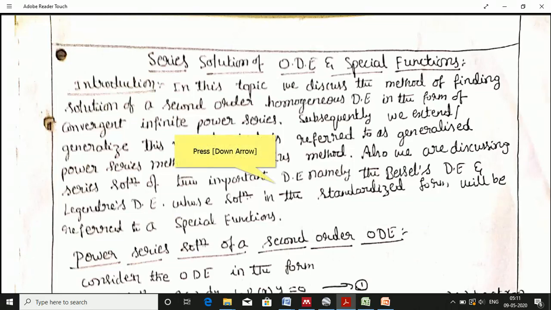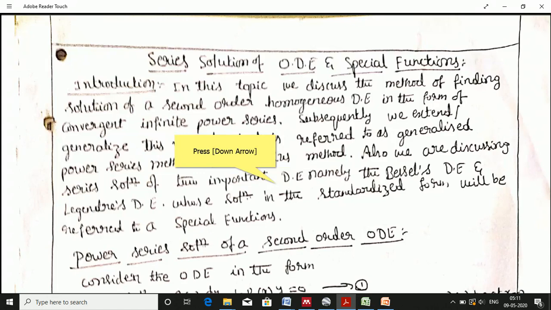Dear students, in this video, I'll explain the method of finding the solution of a second order homogeneous differential equation in the form of a convergent infinite series. And we are extending this method, referred to as the Frobenius method, to obtain the series solution of the second order